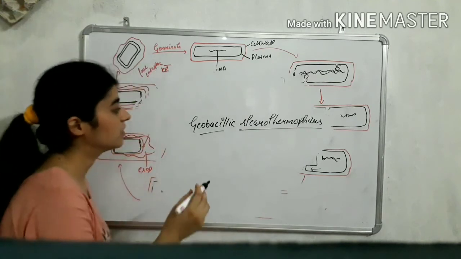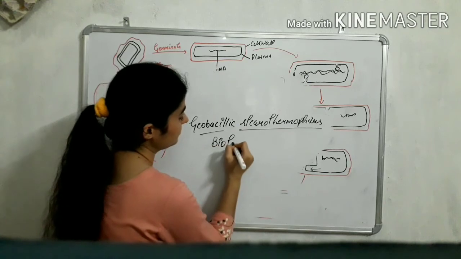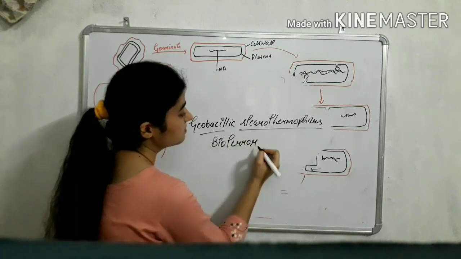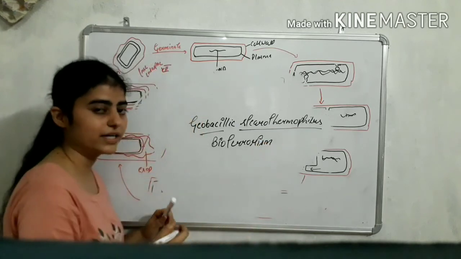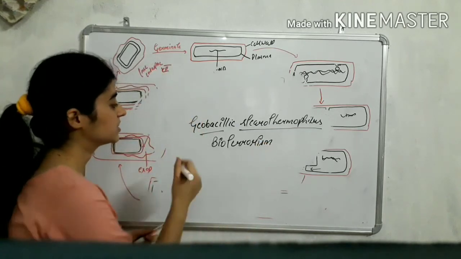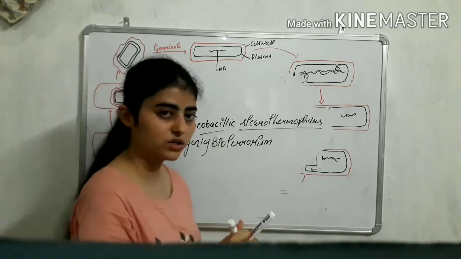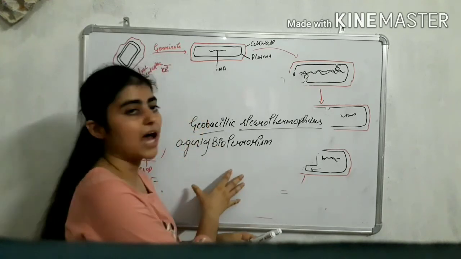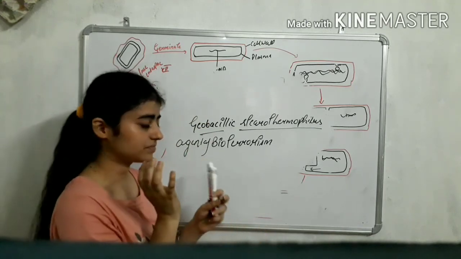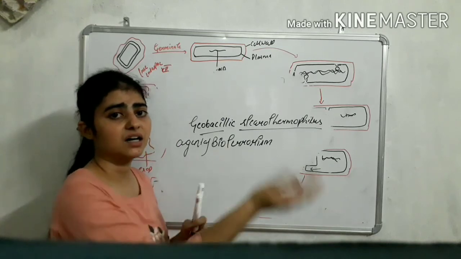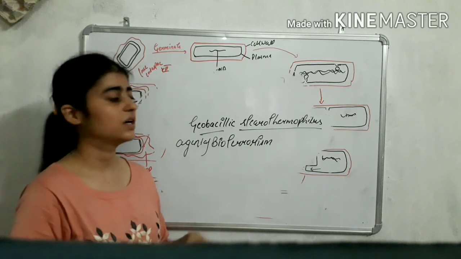The next thing for which we can use spores is bioterrorism. Spores of anthrax bacilli were used in war one time. Spores basically work as an agent of bioterrorism. We use them as a weapon against another military in war. So these are some of the applications of spores.